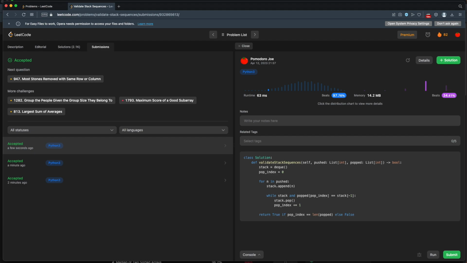And that makes a huge difference. Look at that. By changing from a standard Python list to our deque, we went from a 38% up to a 97% for runtime and a 34% for memory. So using a deque is definitely the way to go on this type of problem. All right, I don't think I can do any better than that, so I'm going to leave it there.